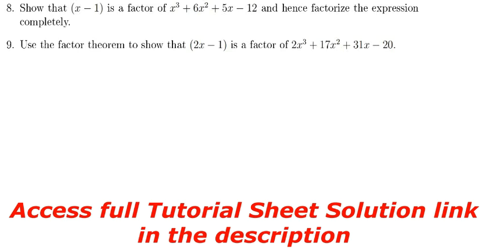So showing that it's a factor, the remainder has to be 0. Therefore, I can use synthetic division. Why have I chosen synthetic division? Because the question is asking me to factorize completely. So factorizing is going to be easy when I use synthetic division directly. So what I'll do is